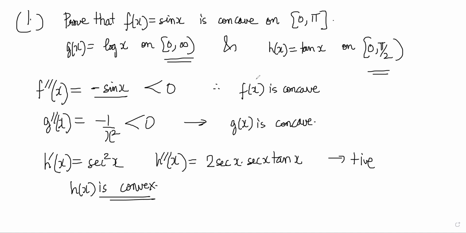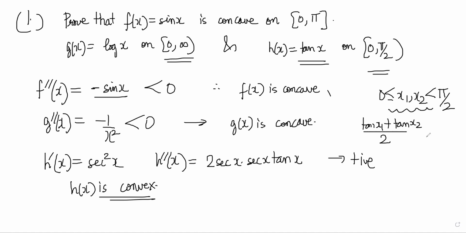There is another way to prove the same things, but that is slightly longer, where you take, say, 0 is less than or equal to x1, x2 less than pi by 2, for example, for tan x, right? And you have to show that tan of x1 plus tan of x2 by 2 should be greater than or equal to tan of x1 plus x2 by 2. So this proof can also be done. It is slightly longer. So you should try to use the derivatives as far as possible, but you can also do that. So I will leave that to you. Let's go to the